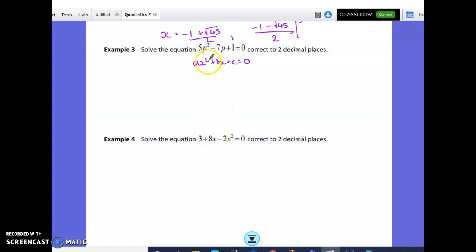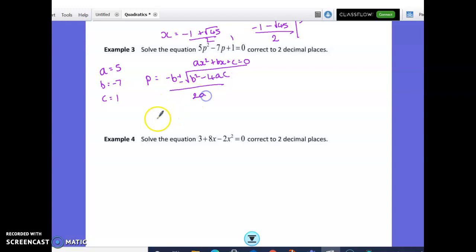Ax squared plus bx plus c equals 0. It makes no difference that this is in terms of p rather than x. We still just treat it exactly the same. It just means we've got p equals instead of x equals. Right, so we've got a equals 5, because a is whatever is in front of the squared term. B would be minus 7. C is 1. So p equals negative b plus or minus the square root of b squared minus 4ac